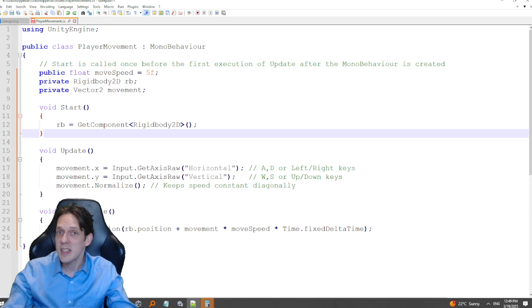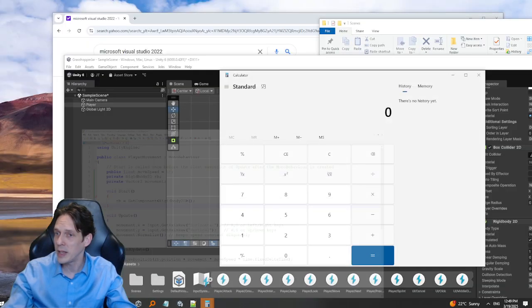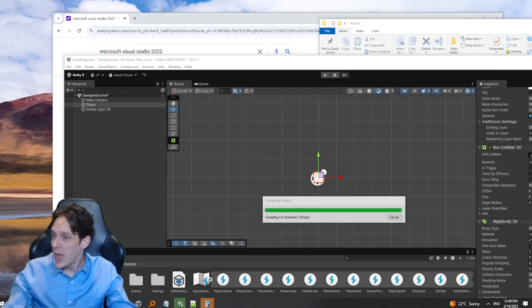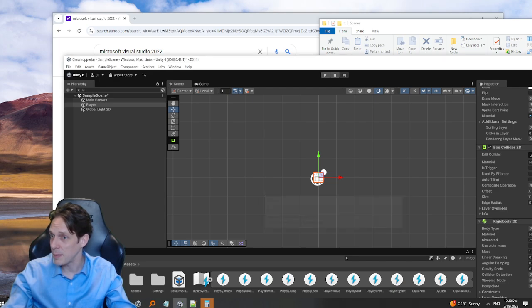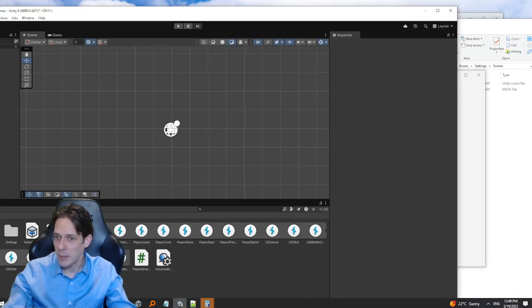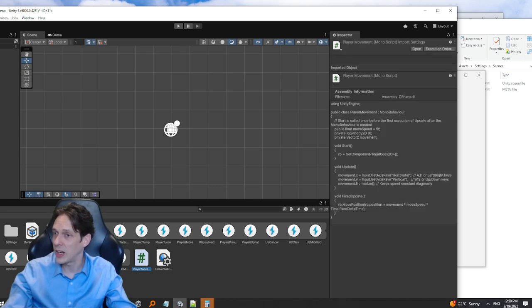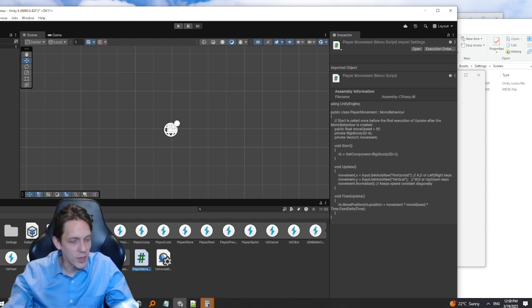Okay, so let's save this. Save as it is. We don't want to save it as something else. It is here in Notepad, and it will change in Notepad, but it's also here. And now that that's happened, look what's going on. It is updating my script, and it's finding that something's happened here. And if I look at my player movement script now, you can see that it's all here. It's no longer blind to the changes that I've made to it. And I am looking at it. It looks like the syntax is good. And the sooner I get Visual Studio on my computer, the better, for sure.